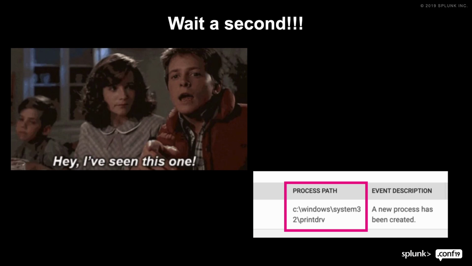And this is kind of bad, right? This is obviously if I have a bunch of executables executing out of a temp directory or a print driver directory,